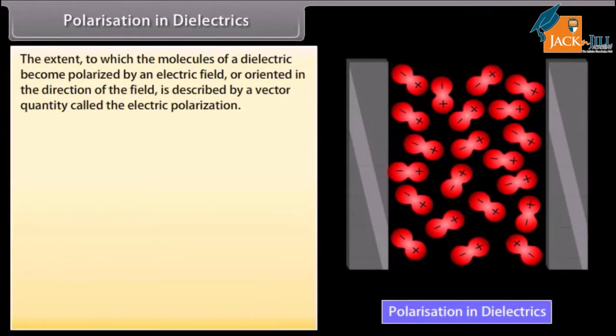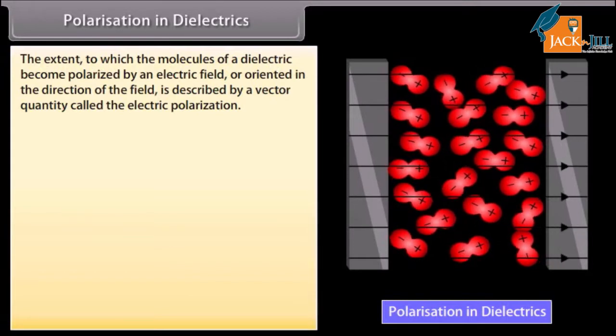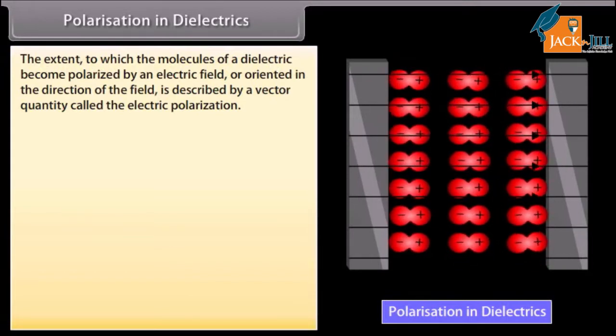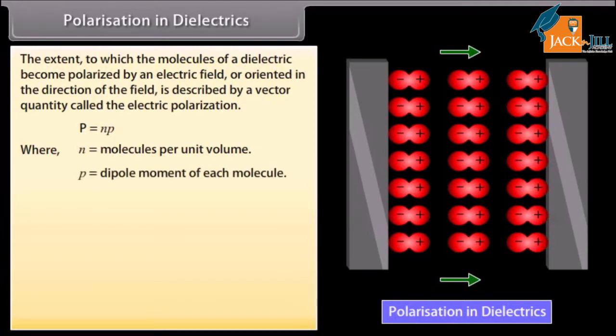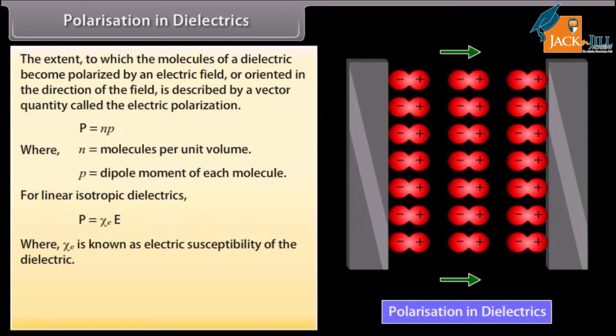Polarization in dielectrics. The extent to which the molecules of a dielectric become polarized by an electric field or oriented in the direction of the field is described by a vector quantity called the electric polarization. P is equal to Np, where N is equal to molecules per unit volume, and p is equal to dipole moment of each molecule. For linear isotropic dielectrics, P is equal to the product of Xi and E, where Xi is known as electric susceptibility